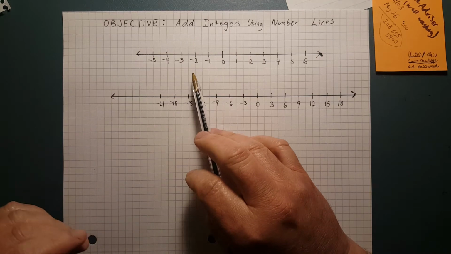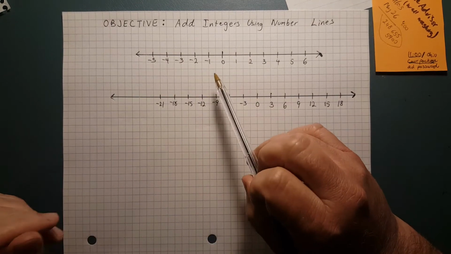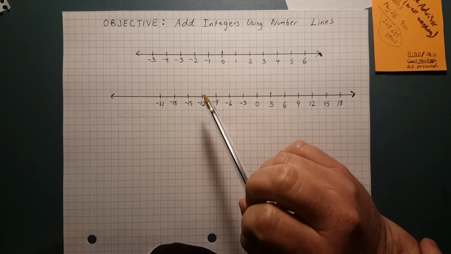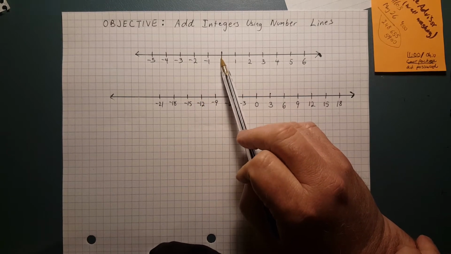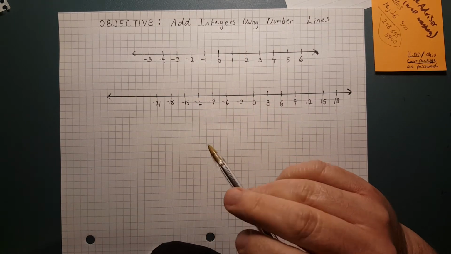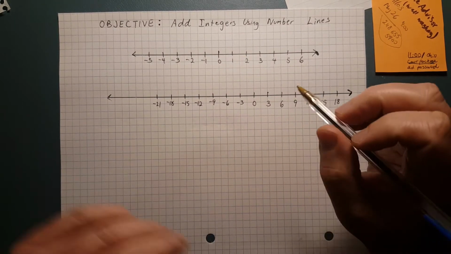Remember what negative numbers mean. If you think of them as money, negative numbers are really bad if that describes how much money you have, right? Because it means if you have $0, you're broke. If you have negative money, you're less than broke. All right? So let's give you an example problem. Let's say you have